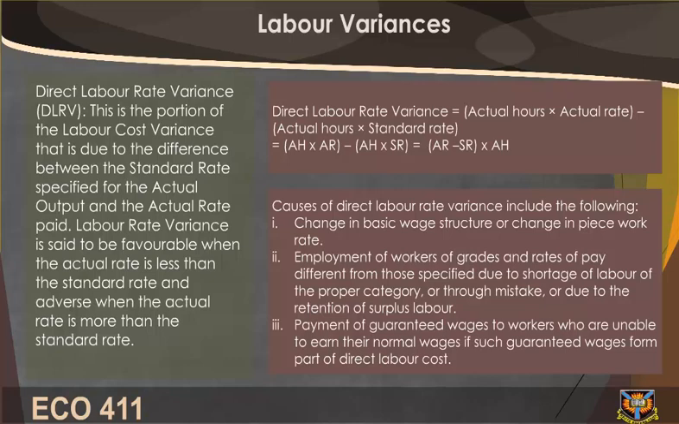Direct labor rate variance, DLRV. This is the portion of labor cost variance that is due to the difference between the standard rate specified for the actual output and the actual rate paid. Labor rate variance is said to be favorable when the actual rate is less than the standard rate and adverse when the actual rate is more than the standard rate. Causes of direct labor rate variance include the following: